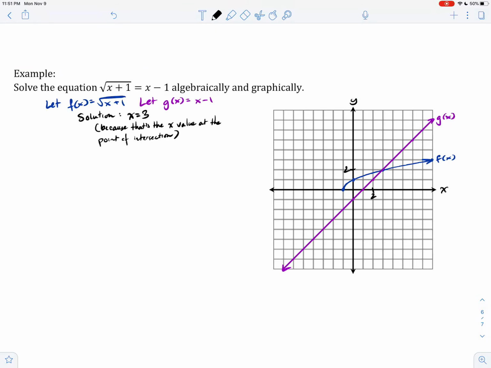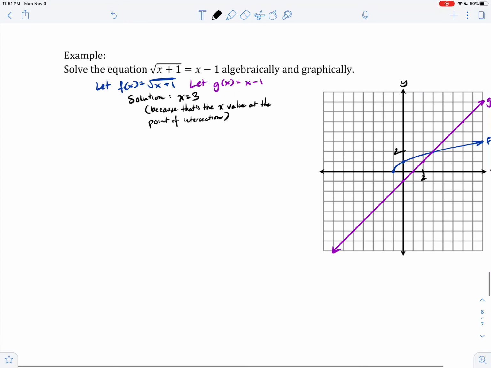We could verify this, but we're not asked to verify it. We are asked to solve it algebraically, which will include verification at some point. So let's try that out. If we were to solve it algebraically,